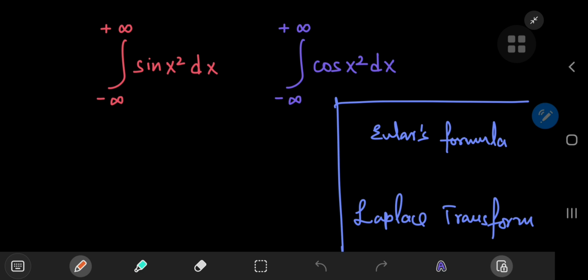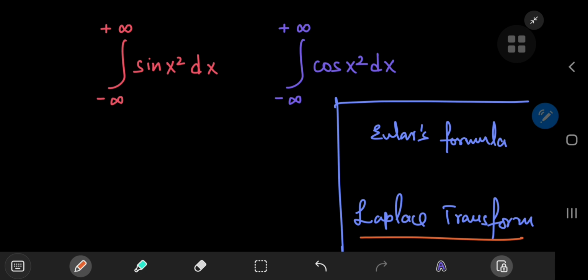You can find a much more elegant solution by using Euler's formula and drawing some parallels with a Laplace transform. I've linked both those videos in the description below, the one involving Feynman's technique and the one involving just basic complex analysis. And that solution, the one involving basic complex analysis, is in fact the most elegant solution, but using Feynman's technique, and in this video I'm going to be using the Laplace transform to sort of integrate under the integral sign. And both these techniques are extremely cool, if not as elegant as the